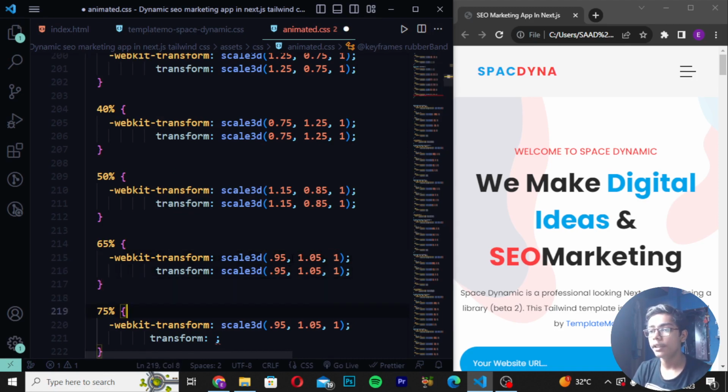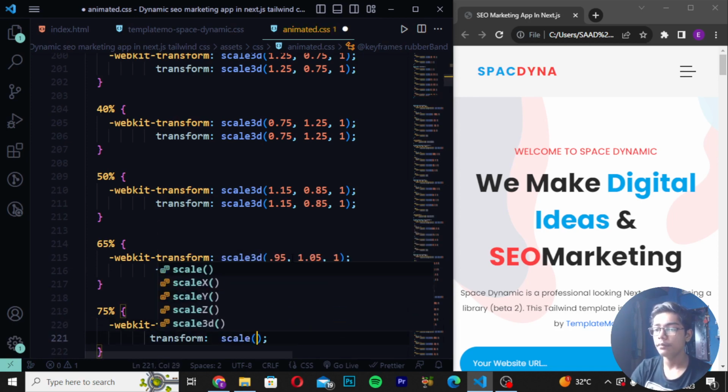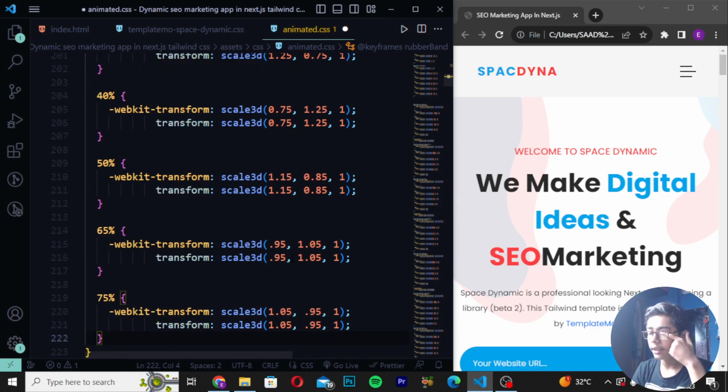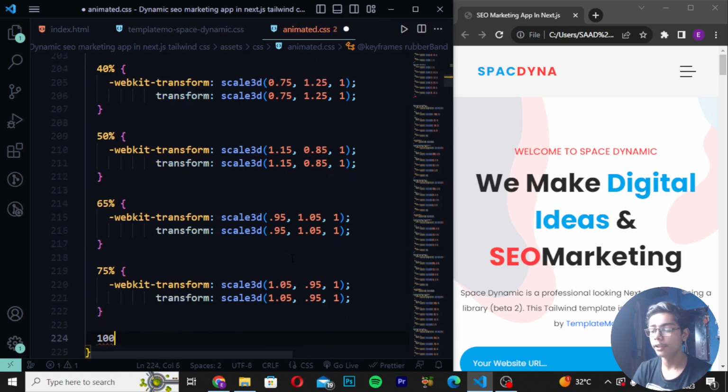So here when you just written this, here we have to move and then we have to remove this, and here I will be writing 1.05, 0.95, and I will be writing 1. Then here you have to write here scale. Then it's just one line space we have to give only. So here I will be giving a space, and then I will be now writing scale 3D 1.05, 0.95 and write here 1. So when you just written that stuff, you have to simply move down and use 100%,